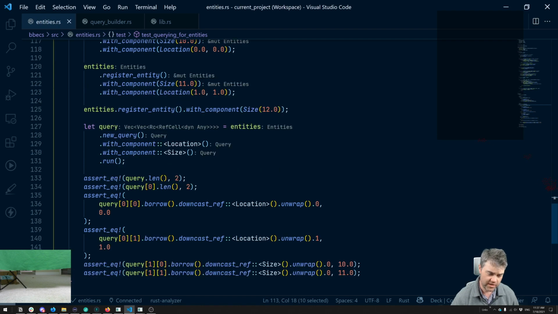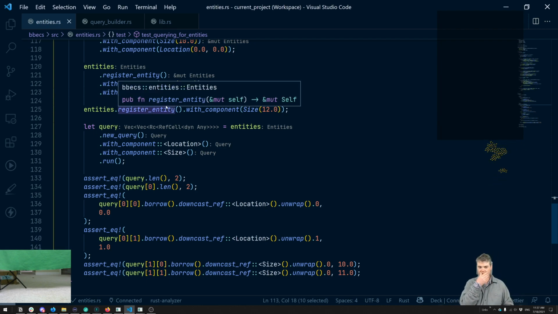So if we take a look at what this query is, if I want to then turn this into like actually like the downcast things, could I do that? I don't know. I might wait until later to even decide to do that. This isn't too terrible of a system to have. But okay, so this gives us